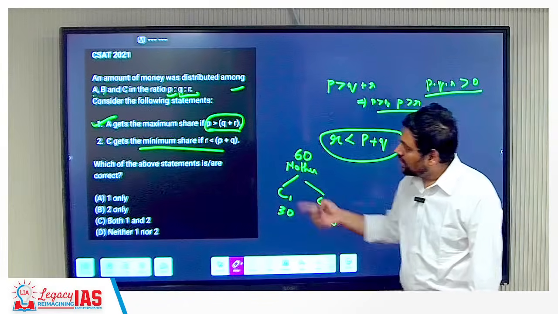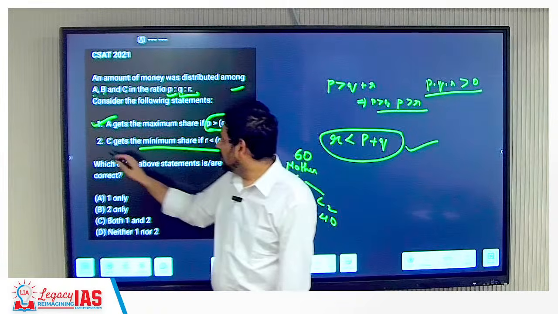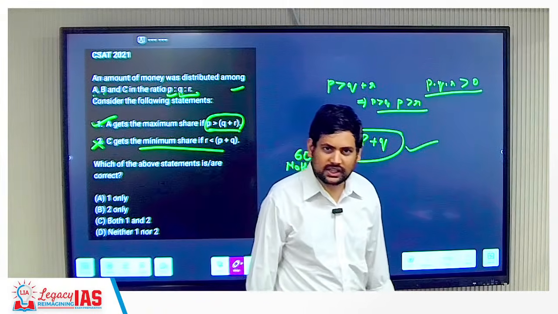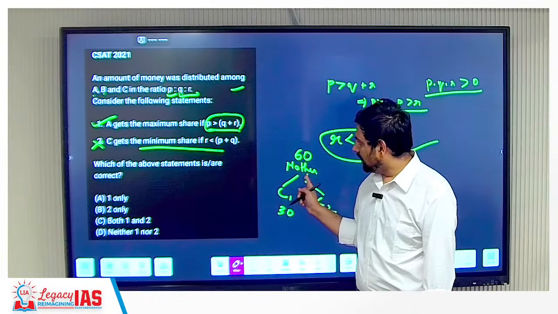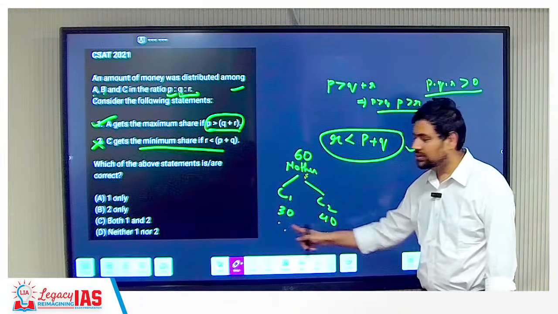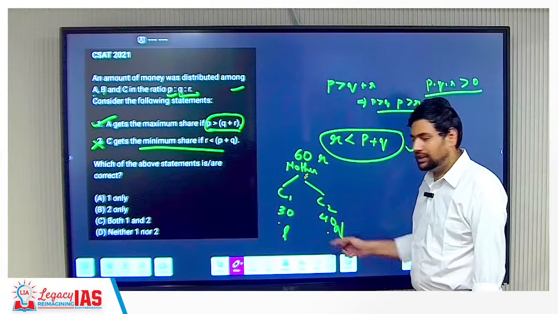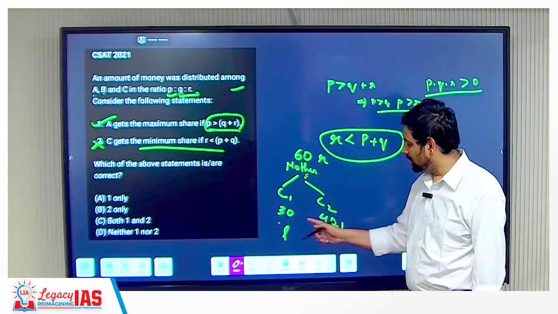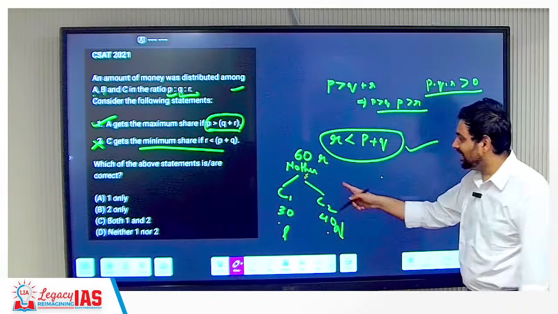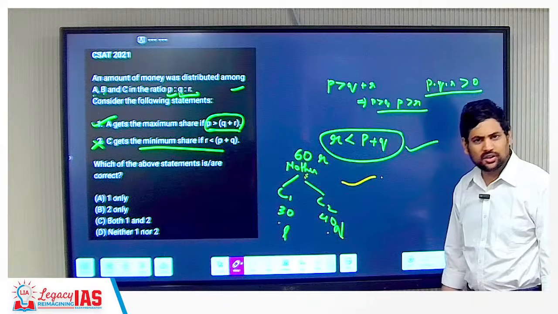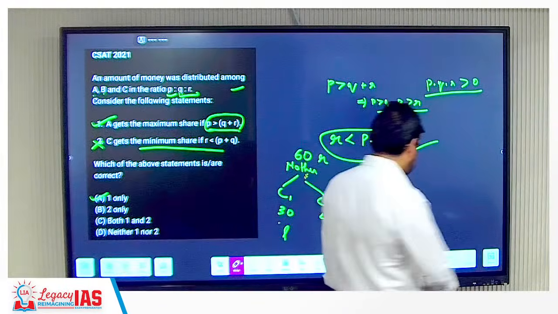So C gets the minimum share if R is less than P plus Q. No, you cannot tell this. Understood? The counter example is this only. Here the mother is less than the two children. If I take this as R, this as P, this as Q, then very clearly R is less than P plus Q. But is R the least? No, actually the mother is the heaviest in this case. So you see a counter example as well. The second is wrong, the answer becomes A. Then,